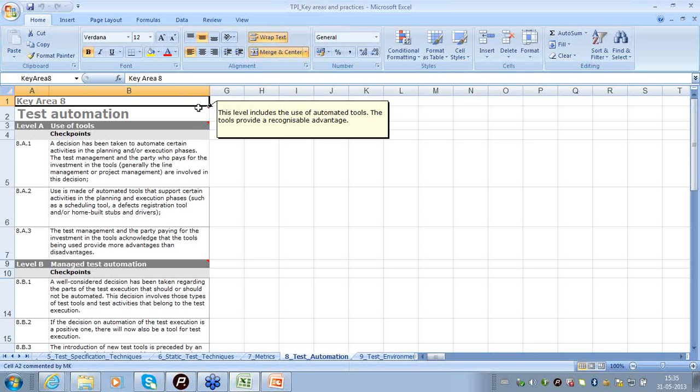So it will be a good read if you could get into the checkpoints of test automation. I would do that in the end if time permits me.